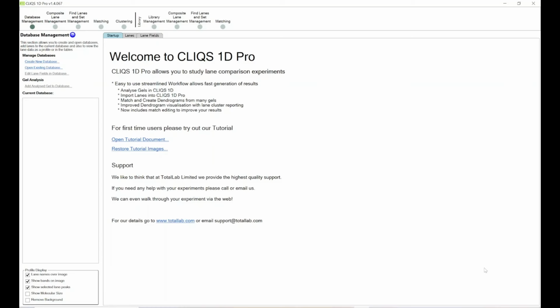So it's important to note that before you can start using CLIQS 1D Pro, you need to have analyzed a few of your gel or blot images within our CLIQS 1D software. And that's where the information regarding the lanes and the bands will be defined before it's brought into CLIQS 1D